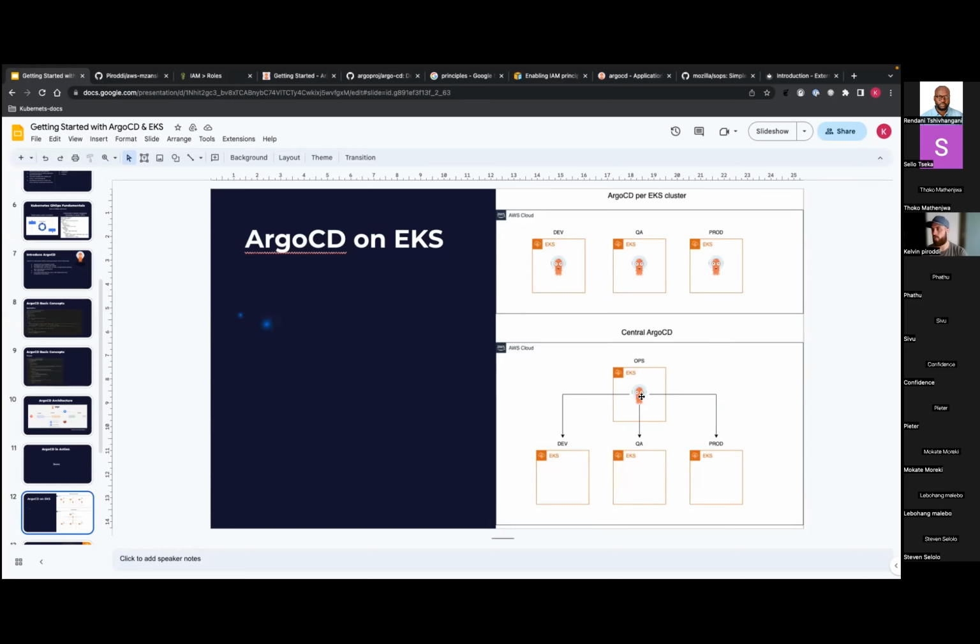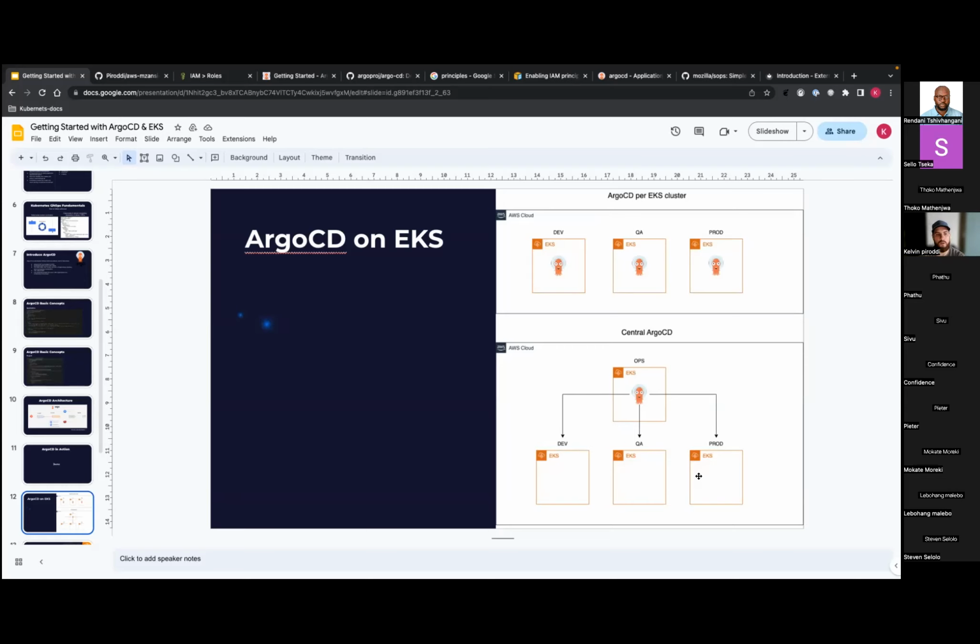So there are trade-offs, and you can also configure ArgoCD in HA mode. ArgoCD does have limits, but those limits are quite high. I'm currently running ArgoCD with thousands of applications, and it performs really well. You can tweak ArgoCD for performance. So having a single ArgoCD to manage multiple clusters is a very viable solution.